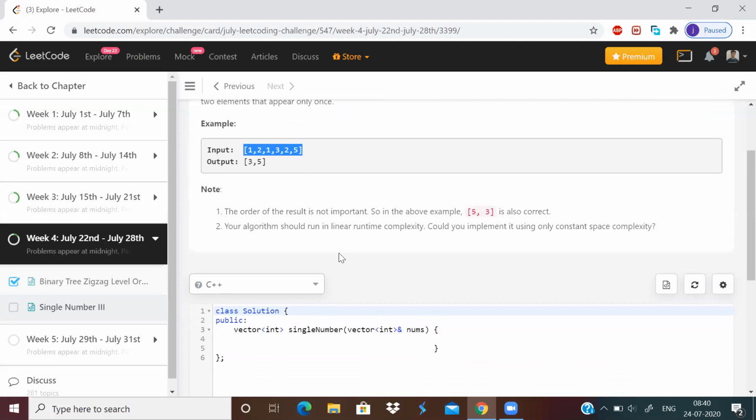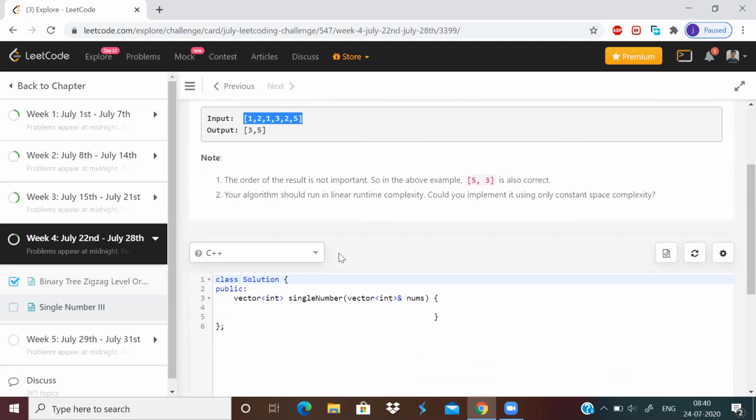Now, can you think of how we can solve this question using a better time complexity than this? Yeah, we can also use a hash map. In the hash map, we'll store the element and the count of the element present in the array, and after that, we just need to iterate once through the array and check the count.